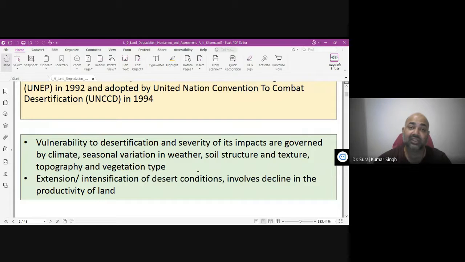So you can see the changing climate. Everyone nowadays talks about climate change on Environment Day or any resource day or Earth Day. So climate change is indirectly or directly related to land desertification, land degradation, and seasonal variation in weather,